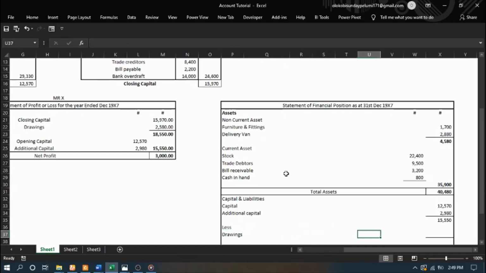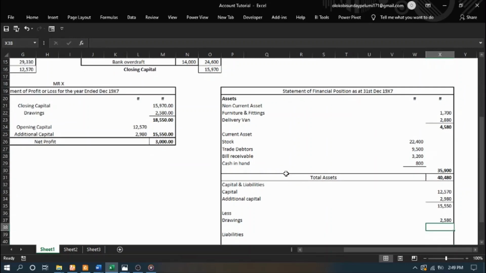Drawings. So what is our drawings in the period? The drawing is 2,580. Drawing for the period, and that will be this minus this. So that will simply give us